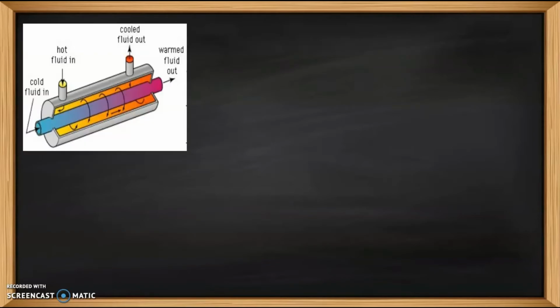So first, concentric tube. The meaning is there are two tubes placed concentrically. The center of both the tubes remains in the same line. In one the hot fluid is moving, in the other the cold fluid is moving. This kind of arrangement of concentric tubes for passing the hot and cold fluids is called a concentric tube type of heat exchanger.